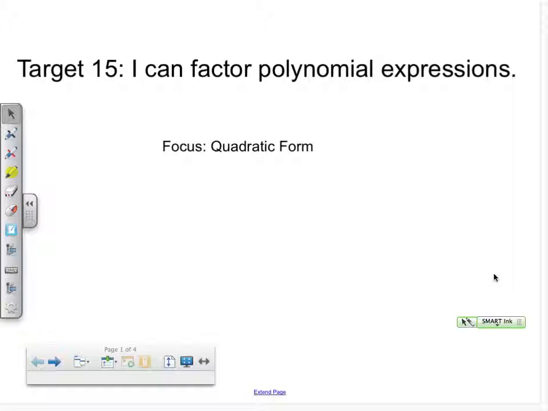Algebra 2, Target 15. I can factor polynomial expressions. Today our focus is on the quadratic form. Polynomials in quadratic form. Now you may remember the standard form for a quadratic, ax squared plus bx plus